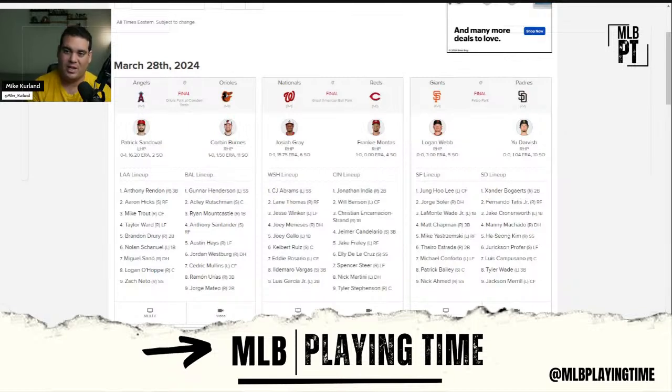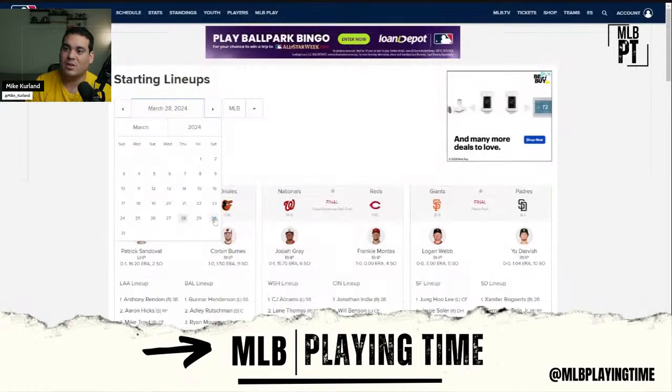And Ron Washington has come out and said that he wanted people who saw pitches at the top of the lineup. Rendon and Hicks both see a bunch of pitches. We'll see how long this sticks, or if one moves down, one moves up. I think it's a very fluid situation here. But right now, Hicks and Rendon back to back in the lineup, probably here to stay for at least the short term. Let's check in on lineups today before we move on.